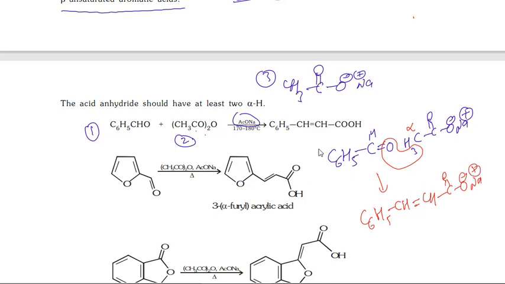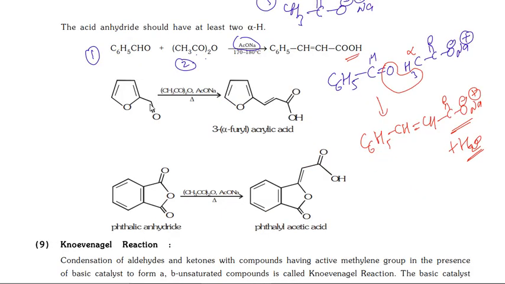Okay, if you take acidic medium, then carboxylic acid you will get it, otherwise salt you will get it. Okay, we are taking acetic anhydride and this sodium acetate, so you will get carboxylic acid. But see here, next here, this is the aldehyde. So from this aldehyde double bond O, and from this sodium acetate 2 hydrogens.